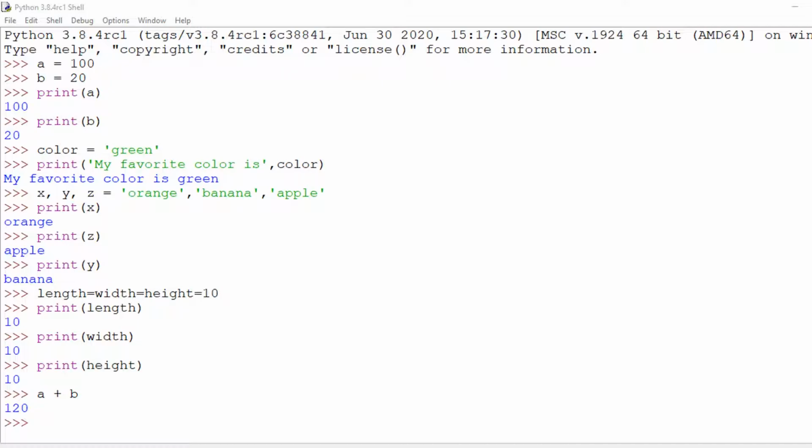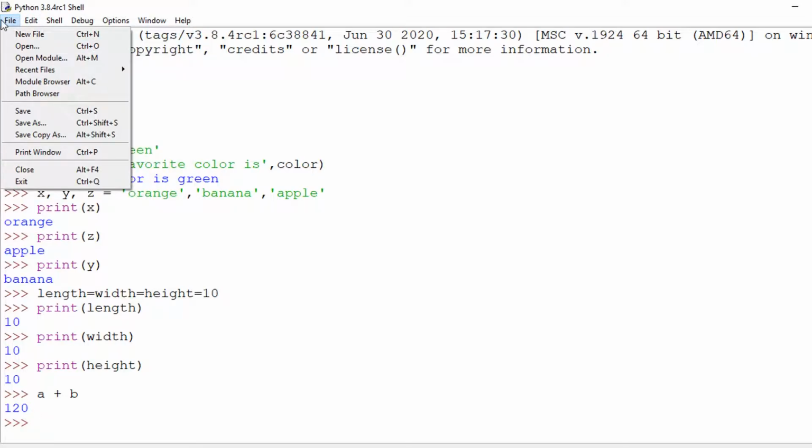Now I am creating a program that stores the length and width of a rectangle and displays the area of that. To make this program, I am opening the editor window.